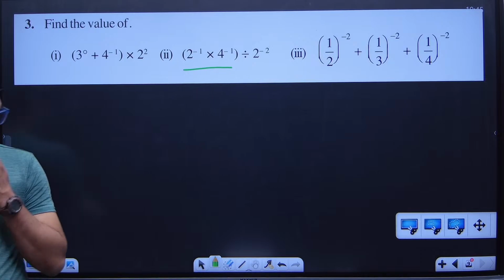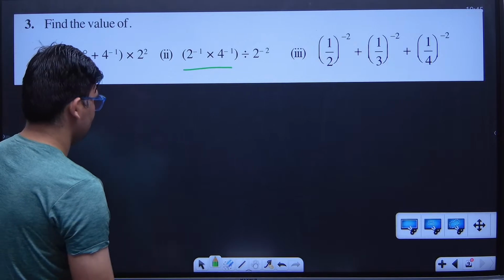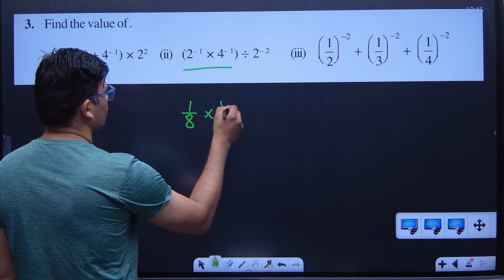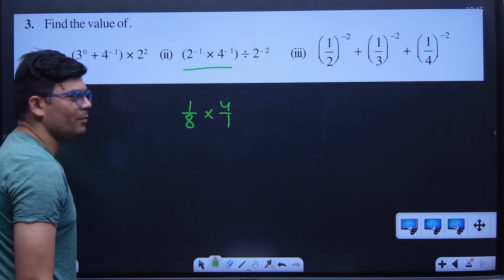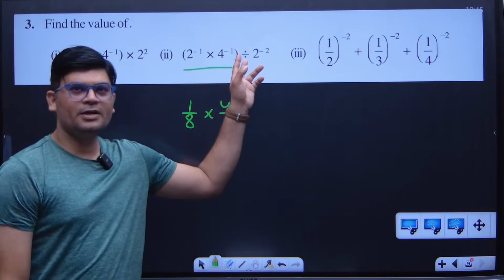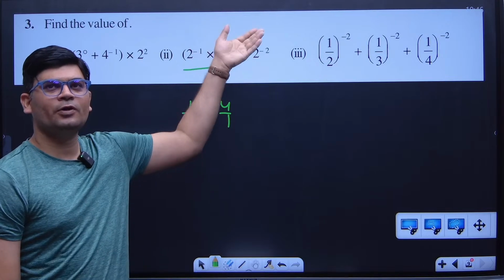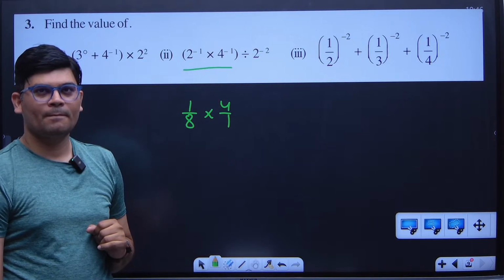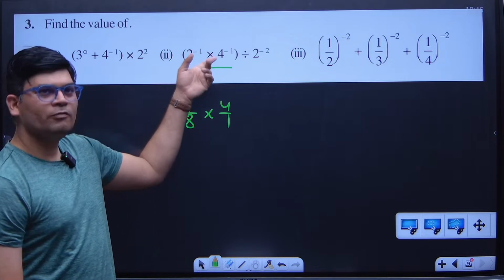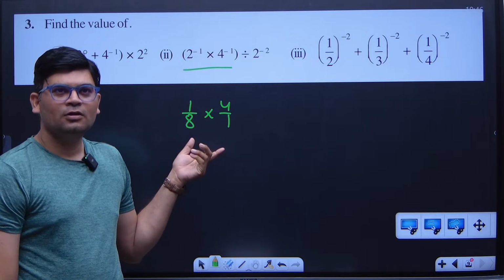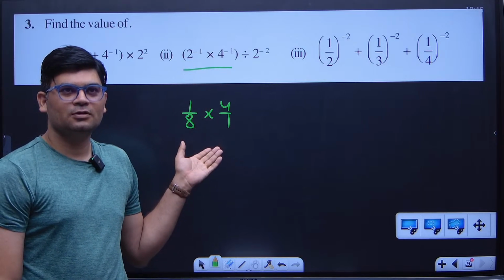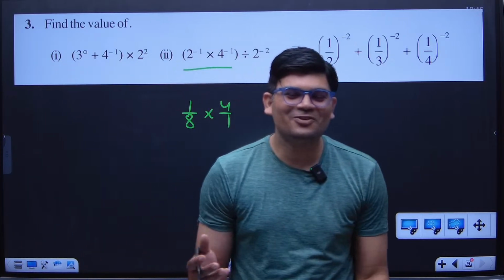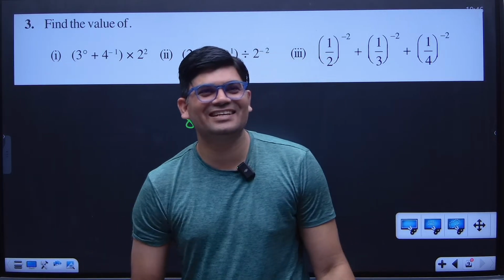Sir, 1 by 2 into 1 by 4 divided by 1 by 4. So this is 1 by 8 into 1 by 4 can be written as 4 by 1. If you put a multiplication sign, you can change the sign and reciprocate it. Wait, sir, how did you get 1 by 8? See, 1 by 2 into 1 by 4, you only told. So 4 into 2 is how much? Oh, yeah. The value which you told, I multiplied it, that's it.